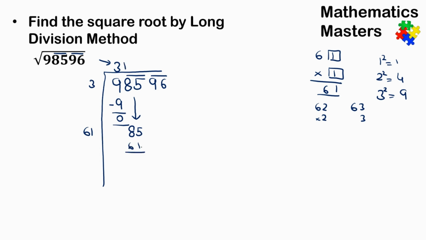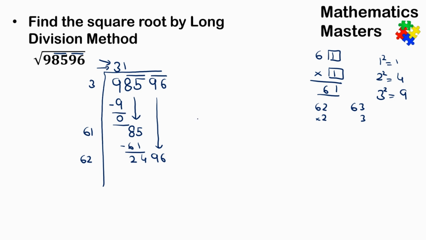And the remainder is 5 minus 1 is 4, 8 minus 6 is 2. So 24 is the remainder. We'll carry down now 96 over here together, again it's a pair. Now, again, what's the number over here? The number over here is 31. So we'll do again the double of 31. The double of 31 is